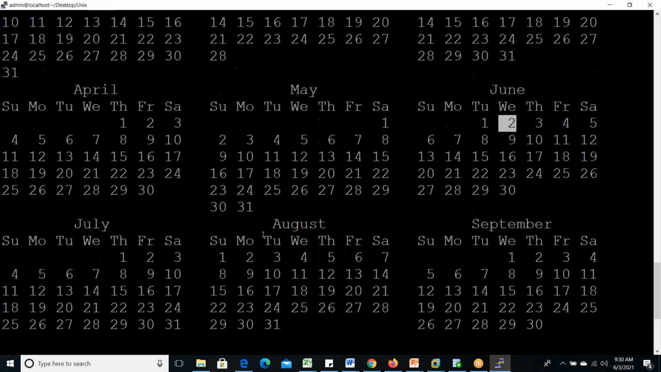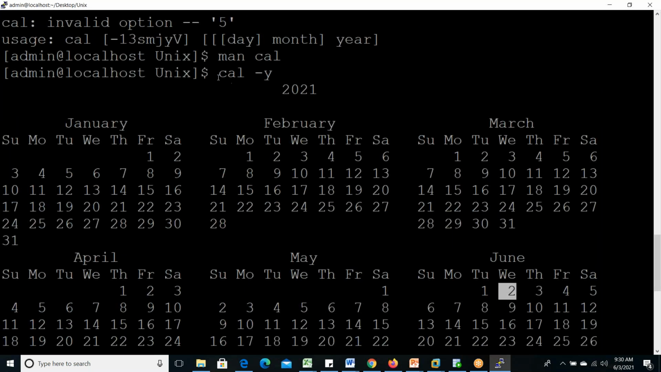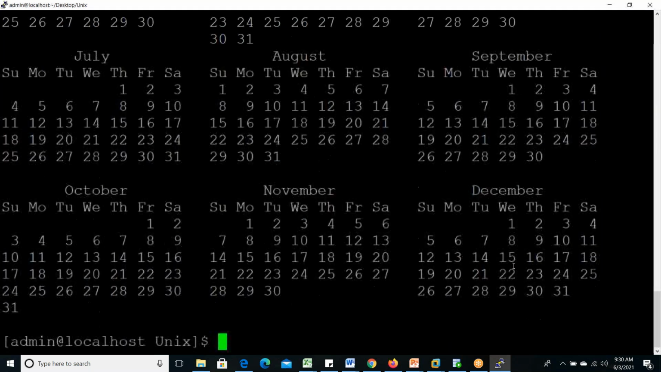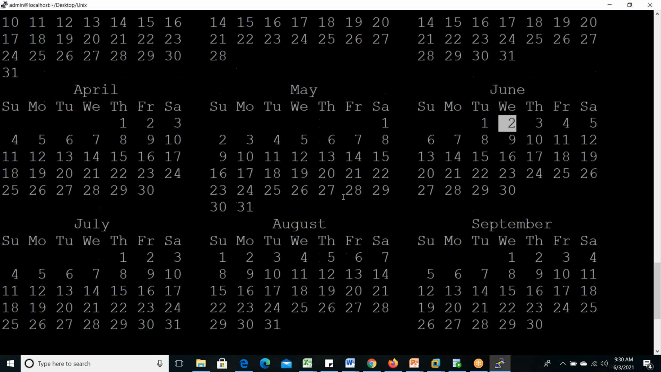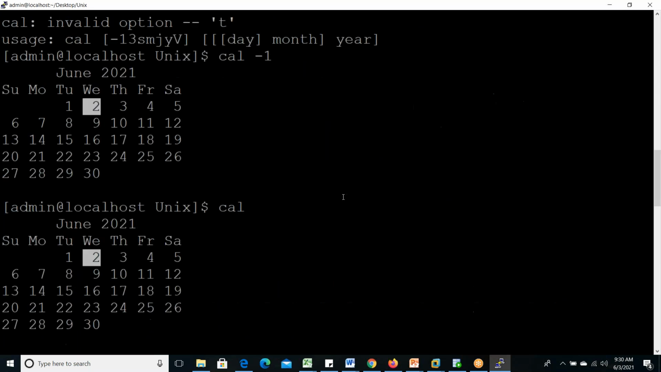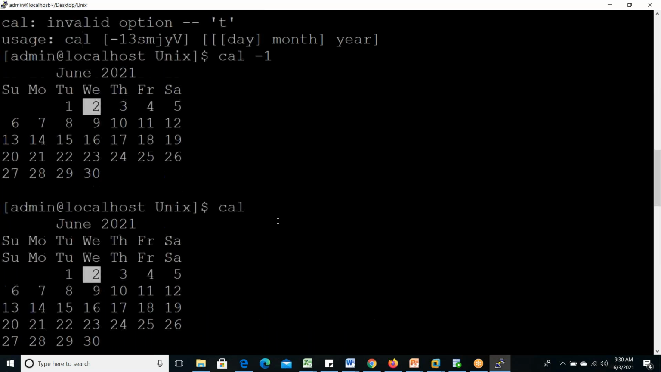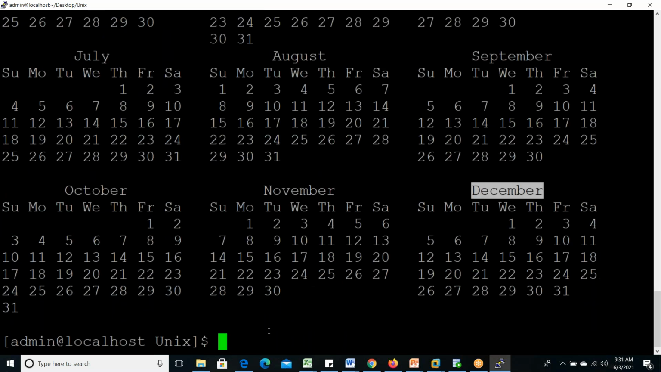If you give -y, then the whole year will be displayed as a calendar: January, February, March, April, May, June, July, August, September, October, November, December. Whole 12 months. And we have not mentioned any year till now. All the commands we are giving are cal related, with no year. So if you do not mention any year, by default it takes the current year, 2021. Now if you mention 2022 or 2000 or 19